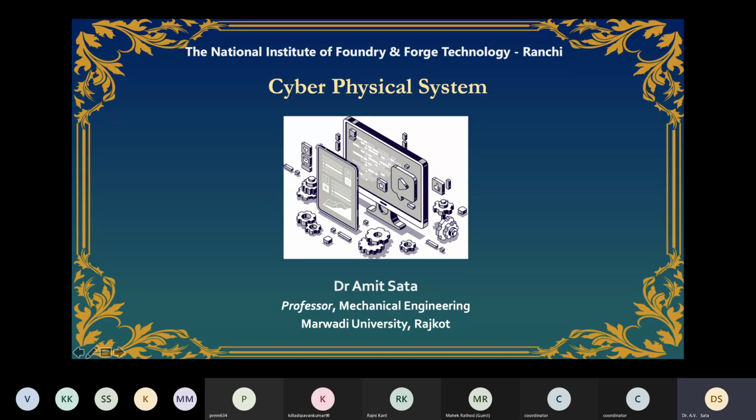Good afternoon, everyone. Welcome to the class of Cyber Physical System. Today we'll continue with the demonstration of Raspberry Pi. Last time we discussed how to connect the DHT11 with Raspberry Pi, so we'll continue that. Now we are going to connect the DHT11, K-type thermocouple and RTD sensors. Today we'll have a demonstration of it. So Mahek, you can start the demo.